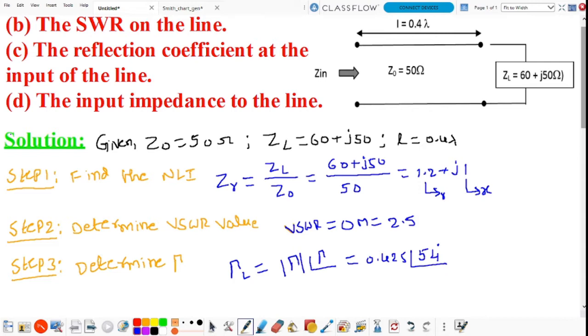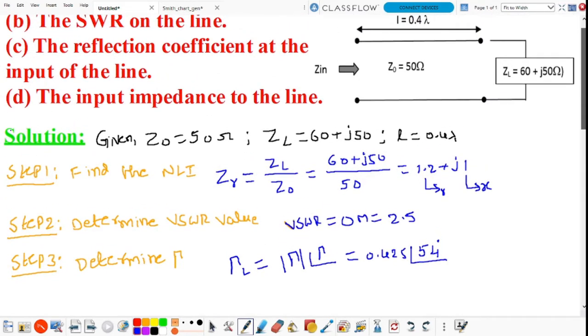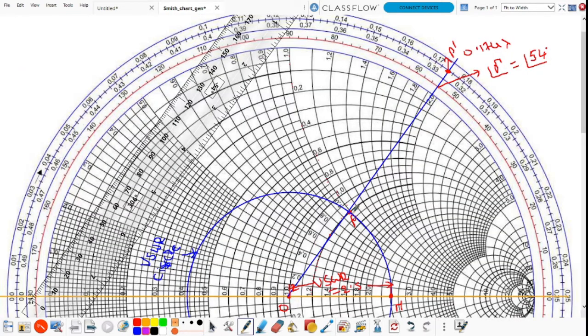Next, determine the input impedance of the transmission line. Given that the length of the transmission line L is equal to 0.4 lambda. Now here this OP line is extended. That extended line cuts the outer rim of the Smith chart. At that point P dash, the wavelength is 0.174 lambda. Adding this 0.174 lambda with 0.4 lambda,